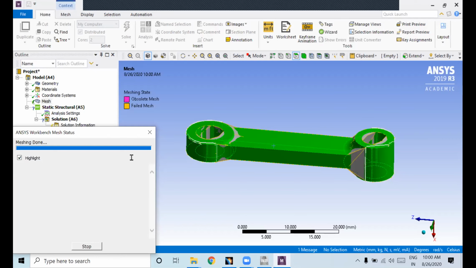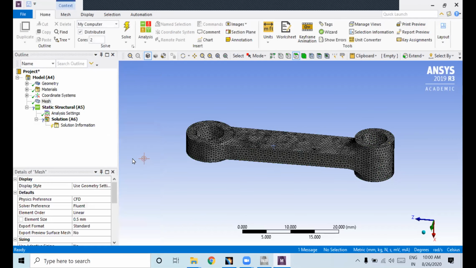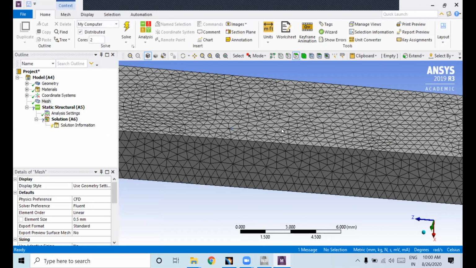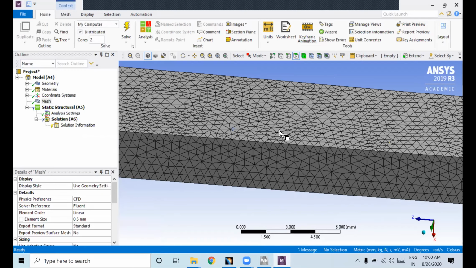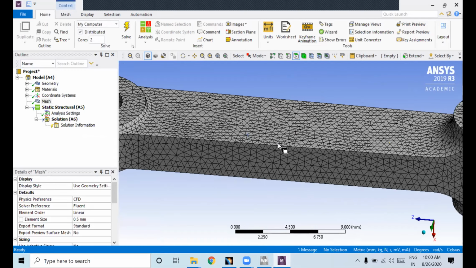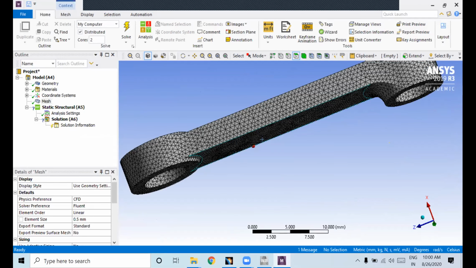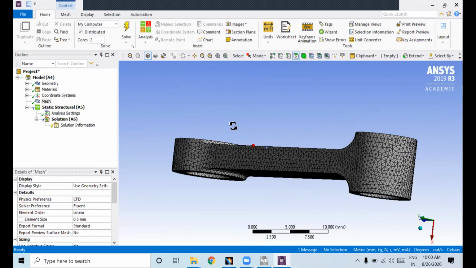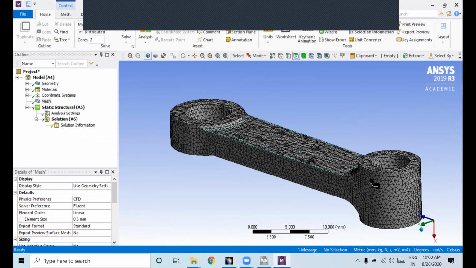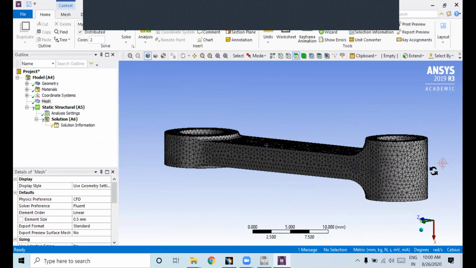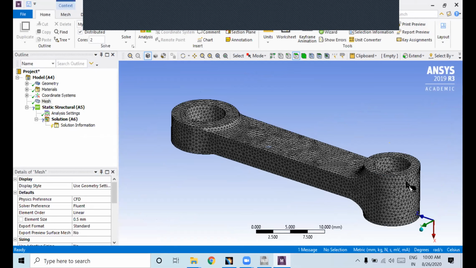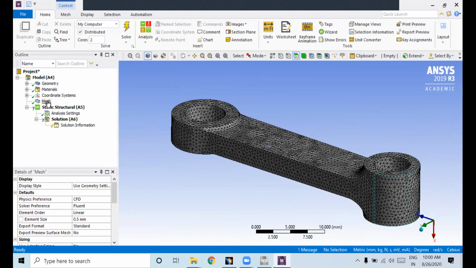So we have selected CFD here. So see, this is how you will get mesh. See. So if you do mesh like this, you will get more accurate result. All of you are getting. See, this is how you can do. Any doubts? So I will share the video so that you can practice accordingly. All of you got it.